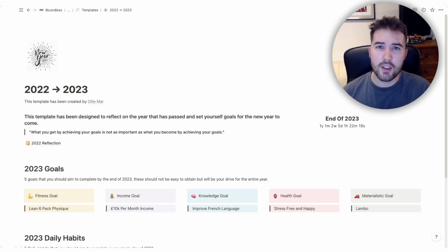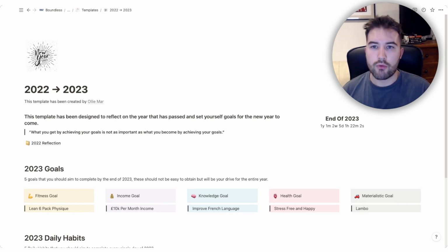I want this to be something that you do and you're going to continue to do for the coming years. And the reason for that is it's so easy to just lose a year. If you don't write down what you achieved in that year or you don't really think about it, to be honest, that year's gone like that and you're on to the next one and you have no time for reflection.